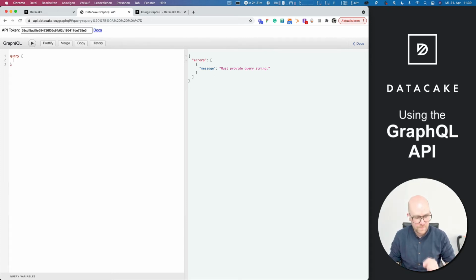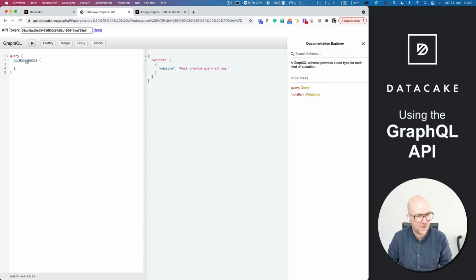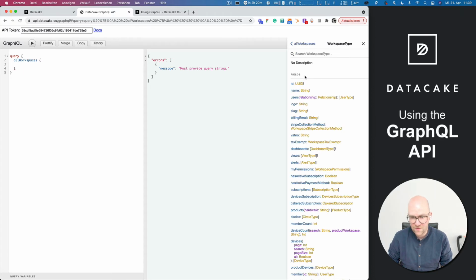We start with query, and then let's take a list of all workspaces, for example. You can enter all, and you can see the options that are available. We want all workspaces, we press enter, and the next thing is that we open another curly bracket, and now we need to define the information that we want for those workspaces. The coolest thing about GraphQL is that it has integrated documentation, so you can command click on all workspaces, and it will bring up this workspace type. You click on that, and you see the things that are available for that workspace. So okay, it's ID and name, so we put in ID,